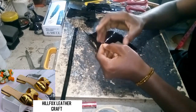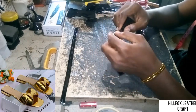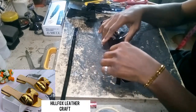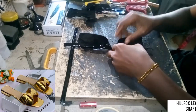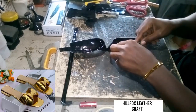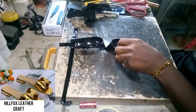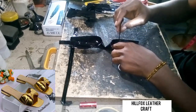Now pick this strap, pass it through the hole, and also pass it through this hole here. Join the 2 parts together with the strap. You remember this strap, the strap that we measured the width 1 inch and then folded it to become 1/2 inch. So that is the strap. So once you have passed it through the 2 holes,